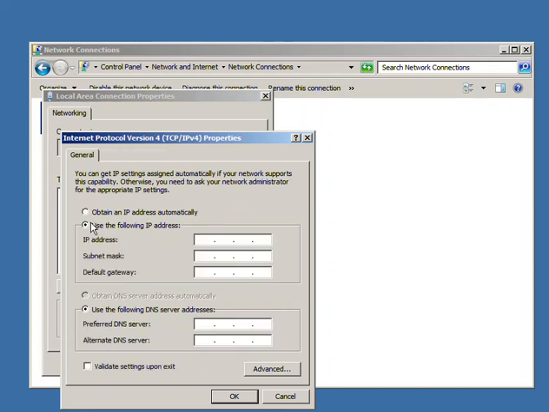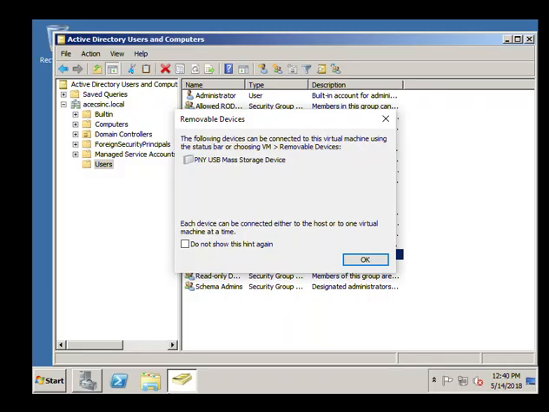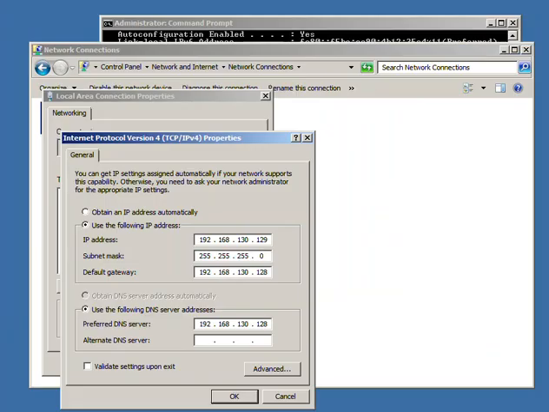The reason is I want to force it to connect to the domain controller. You'll see how. As you can see, the IP address is 192.168.130.129. Okay, so let's put this in. Initially, I'm going to put the gateway and the DNS server as our domain controller to force it to basically connect. So click OK,